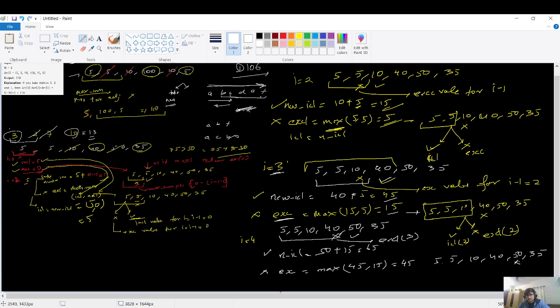I'm not considering this element, so that means I have two choices, either to consider it or not to consider it. And considering 40 is nothing but the new ICL value for i equals to 3 and the EXC value for i equals to 3, right? That's the main logic here. So that is happening in each and every iteration. Okay, so the last things that we will do are for i equals to 5 and 6. I'm running out of space, so let me